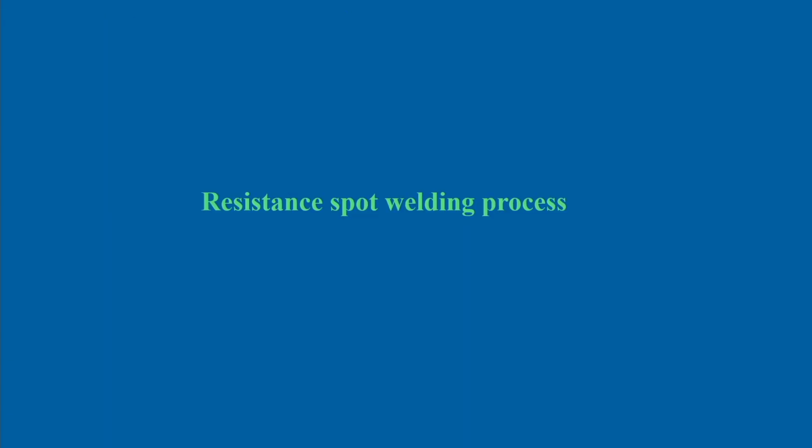Now, we will look into the finite element modeling of the resistance spot welding process. This resistance spot welding process is normally used in the automobile industry. There is a huge use of spot welding in the automobile industry. But one of the difficulties in resistance spot welding is that once we use coated steel, the coating is normally a low melting point material as compared to the other advanced high strength steel.